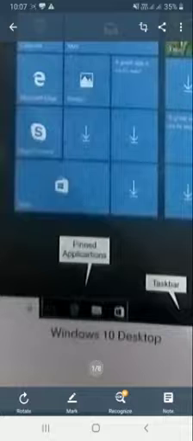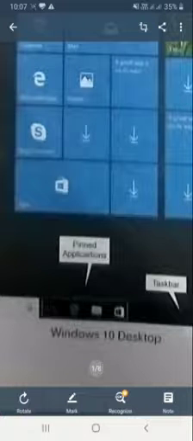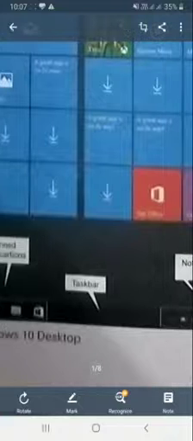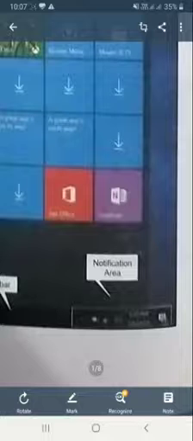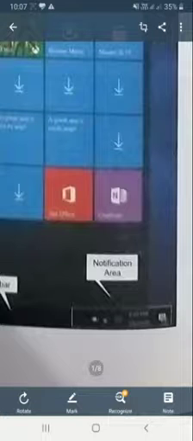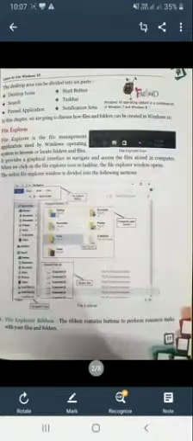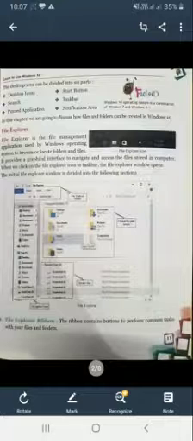Now next is pinned applications. All your applications which you frequently use are pinned applications. And this is the taskbar, and this is the notification area. Things like the time and many other things, like whether your Bluetooth is on or not, your Wi-Fi is on or not, and Windows Firewall, all these options are available there. Now come to the next point. The desktop area can be divided into 6 parts: desktop icon, search, pinned application, start button, task bar and notification area. Do all of you understand that?